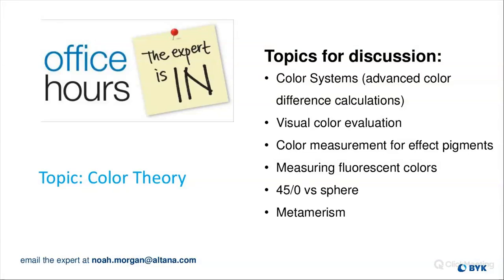So for the most part, you can just set the tolerance on the delta E, but if you really wanted to get deeper and hone in on your tolerances, you could set it on the L, A, and B values or the hue and the chroma values. But it's not necessary with the newer equations.